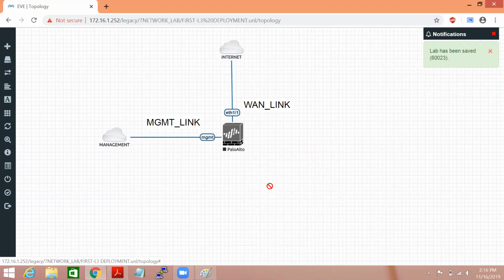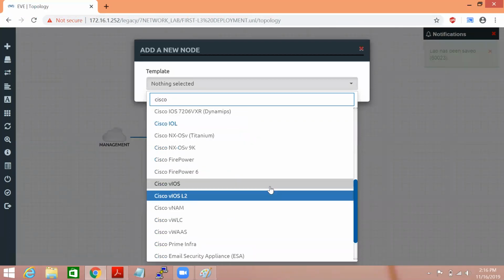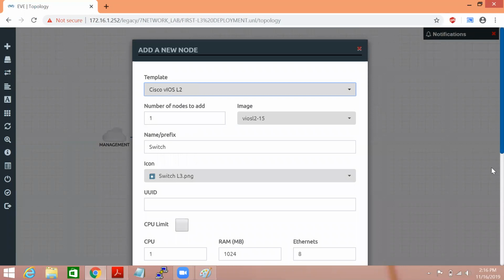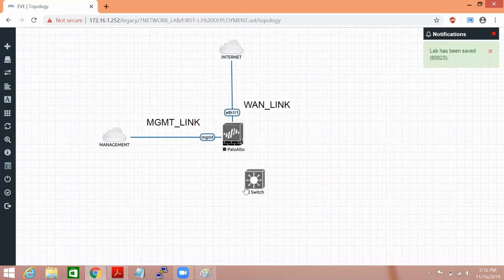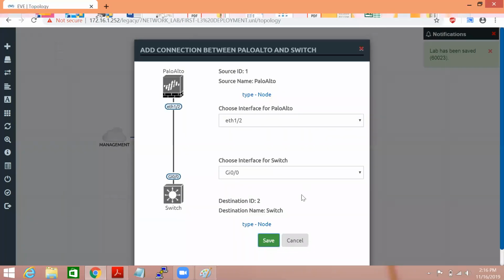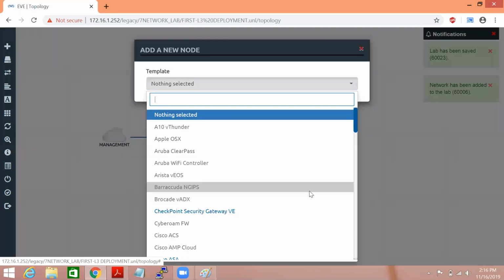And further I connect with the Cisco device, Cisco switch. So in order to access the Cisco switch, we have to click on Cisco VL2 and just drag one connection to this. And further we can show users.